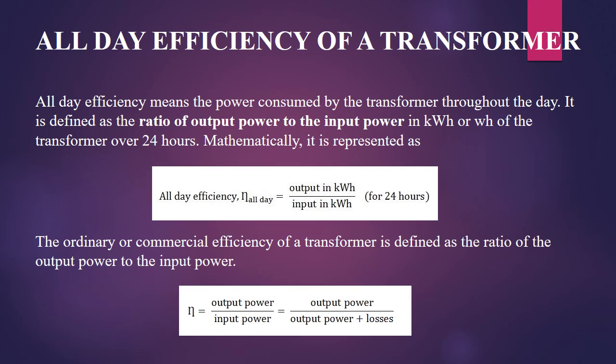For instance, the distribution transformers used for supplying lighting loads have their primaries energized all 24 hours in a day, but the secondary supplies little or no load during the major portion of the day. So constant loss occurs during the whole day, but copper loss occurs only when the transformer is loaded and depends upon the magnitude of the load. The performance of such a transformer is judged on the basis of energy consumption during the whole day. This is known as all day or energy efficiency.